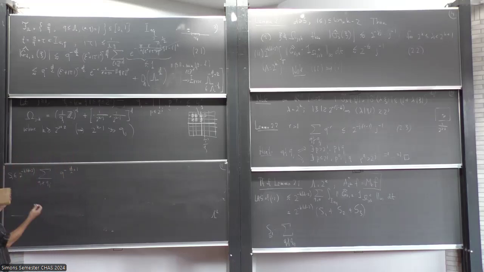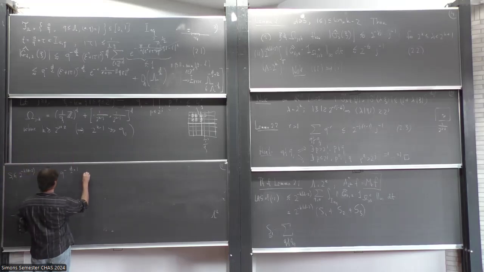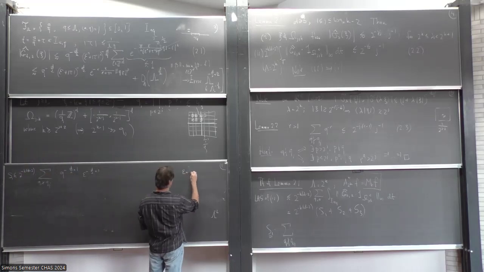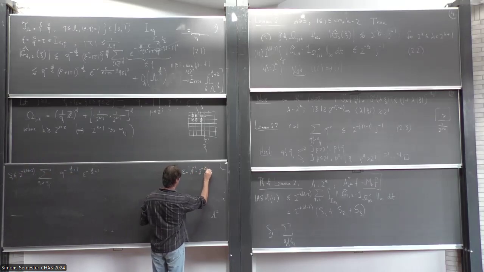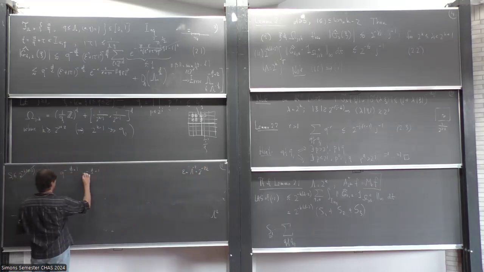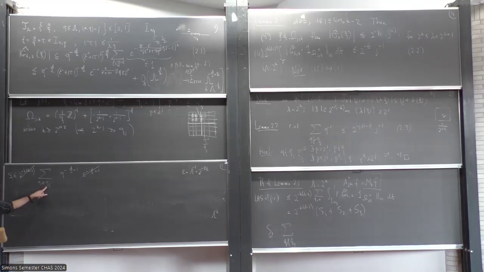over 2, the main contribution coming when tau is less than epsilon, it just gives you epsilon to the minus d over 2 plus 1, which cancels out with the normalizing factor because epsilon is 2 to the minus 2k and to the minus 2. So these two cancel out. And now we will use that little lemma.